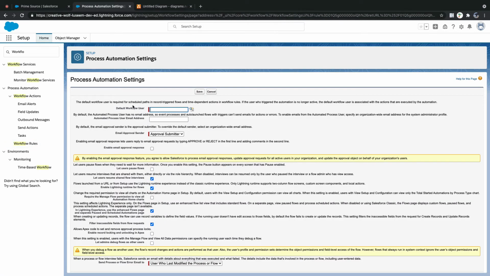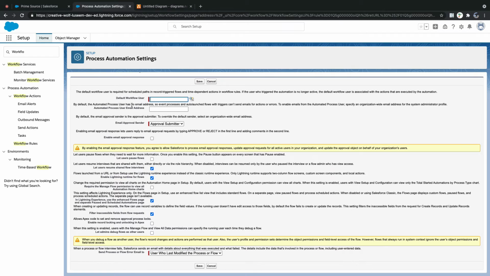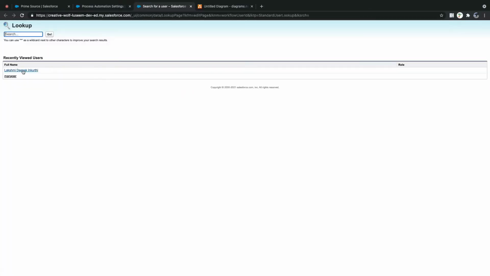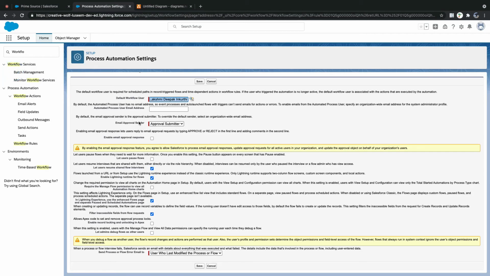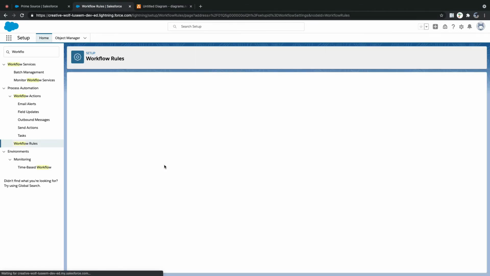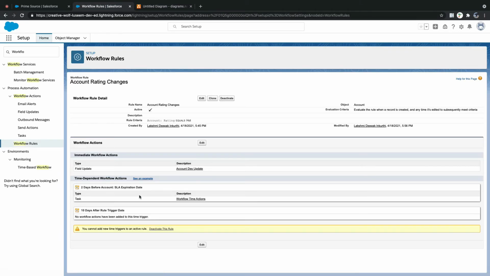Now I need to select a default user because this is a futuristic action, right? In future, the rule should run by whom? Let's say the rule should run by Lakshmi Deepak. That's it. Save. Now the rule is active.